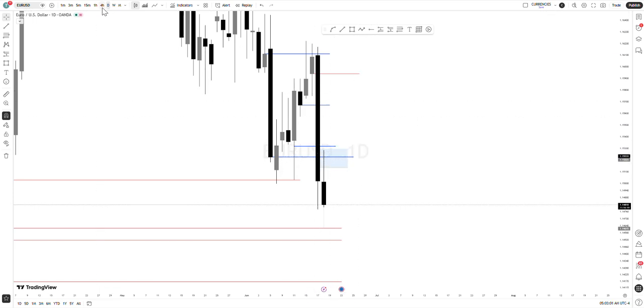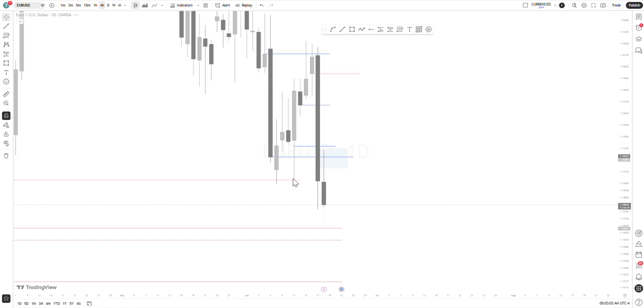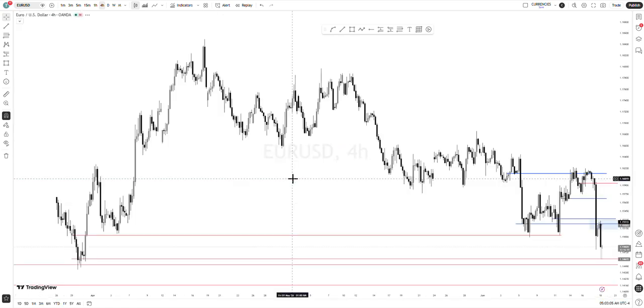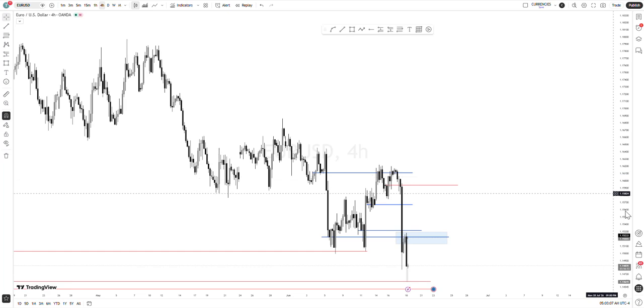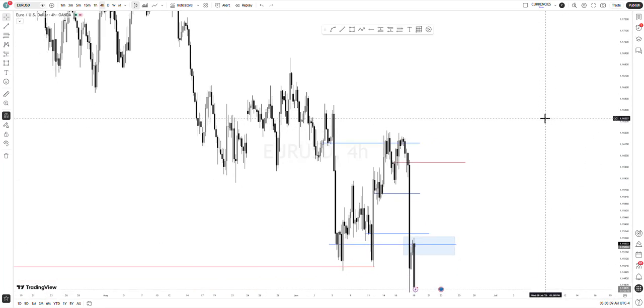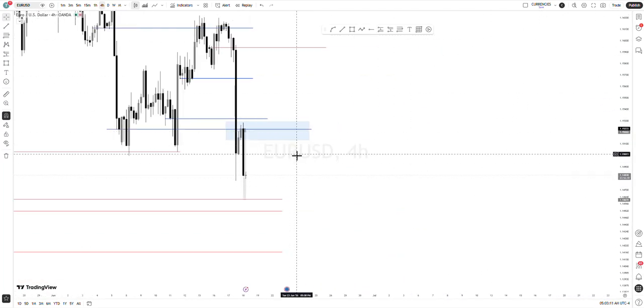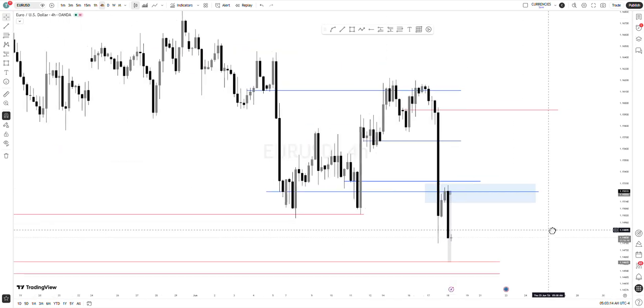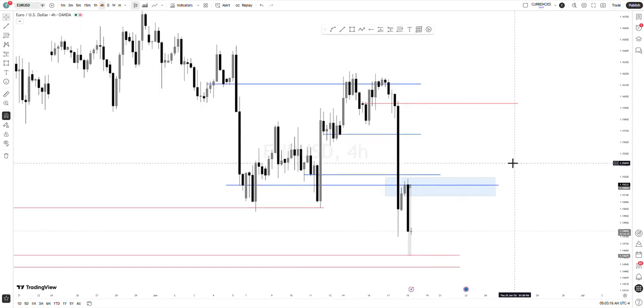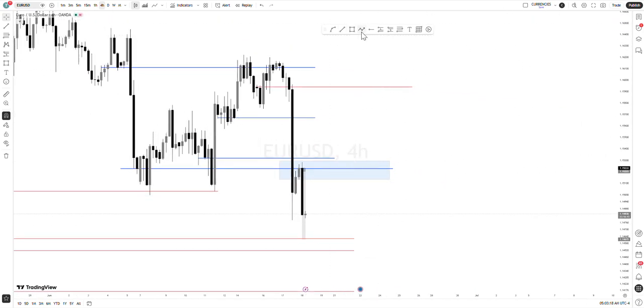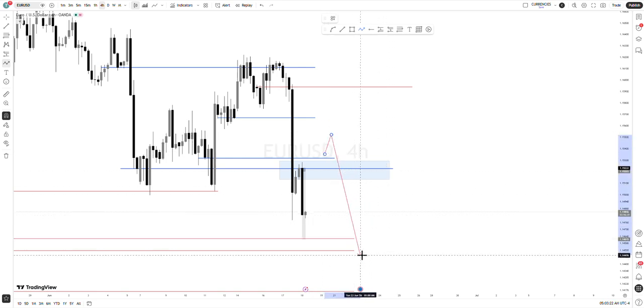There's two things I was having in mind. Either price continues the bearish move straight, or it comes back to this imbalance. Do you understand? Price comes back to this imbalance and continues. Of course, imbalances are zones of liquidity, so